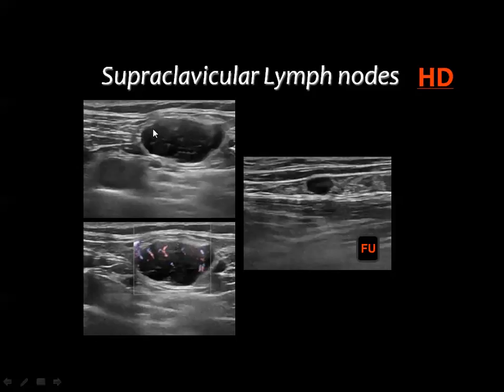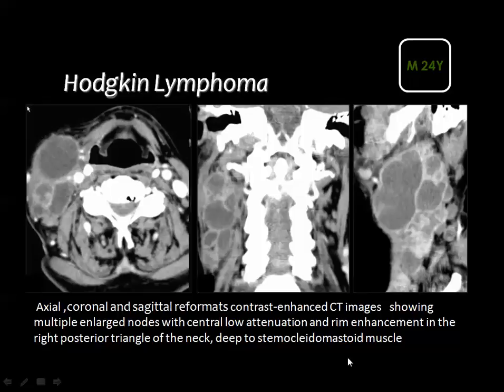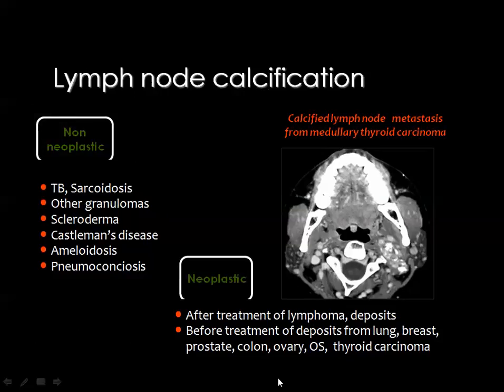This is lymphoma nodes before treatment and after treatment. The node is bulky, almost homogeneously hypoechoic with some vascularity, and this is the follow-up with regression of the nodal size. This is Hodgkin disease, nodular sclerosing type, with necrotic nodes that are bulky, mainly located on the right side of the neck. And lymph node calcification can be seen in